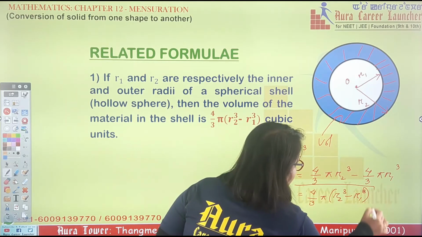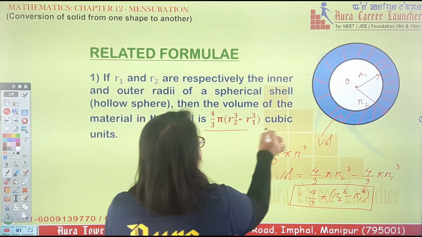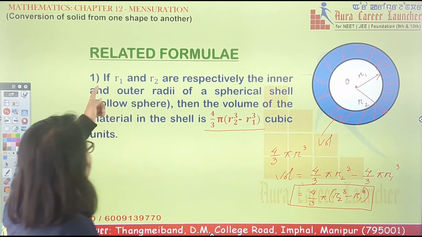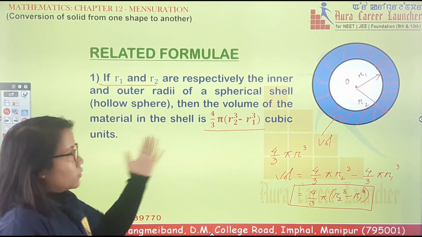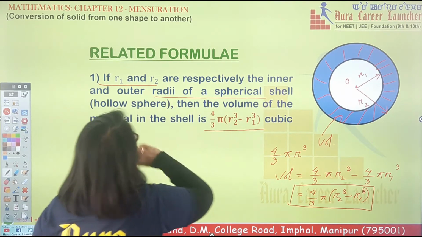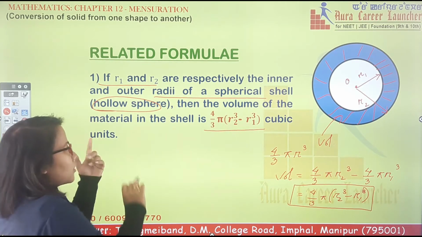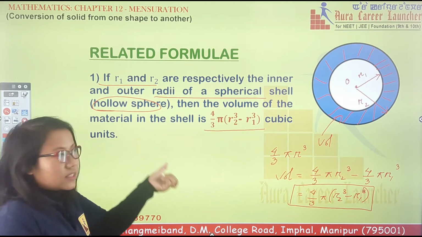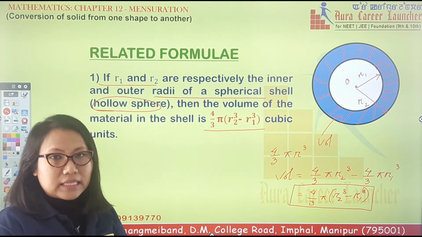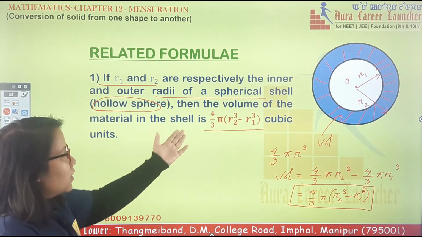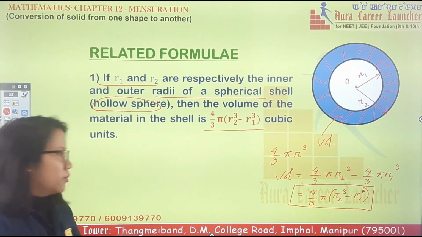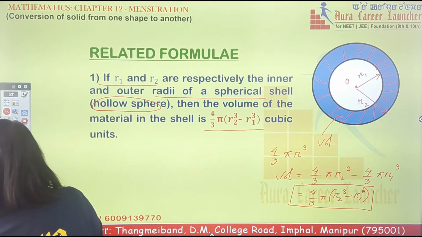So the net volume is 4/3 pi times R2 cubed minus R1 cubed. So if R1 and R2 are respectively the inner and outer radii of a spherical shell, or you can say a hollow sphere, then the volume of the material inside the shell, whether it is cork, wooden material, plastic material or metallic lead, is 4/3 pi R2 cubed minus R1 cubed in cubic meters. So now see, next will be